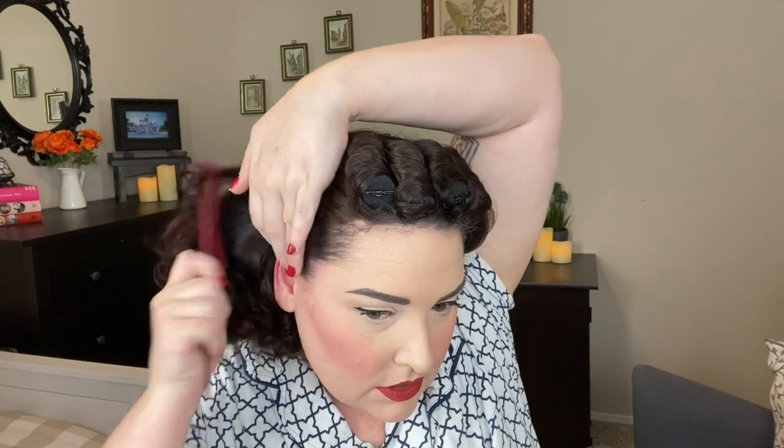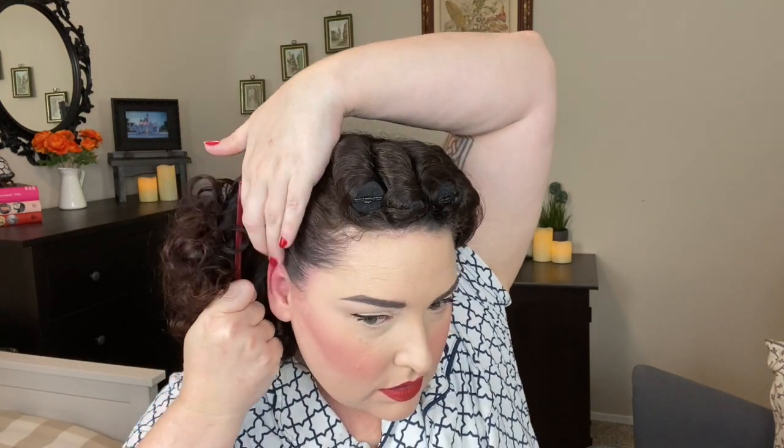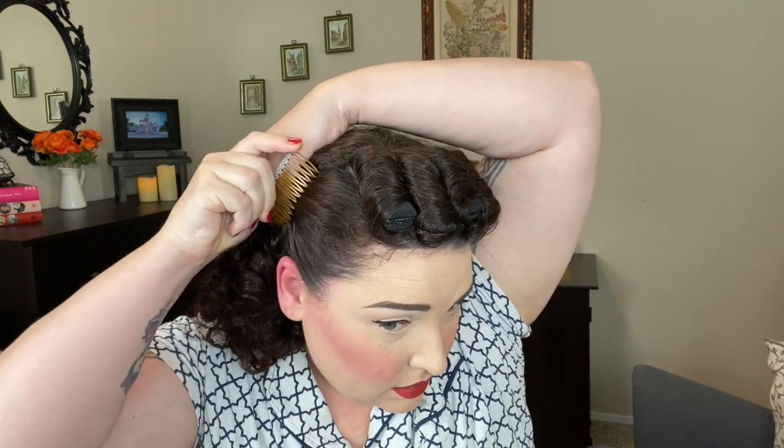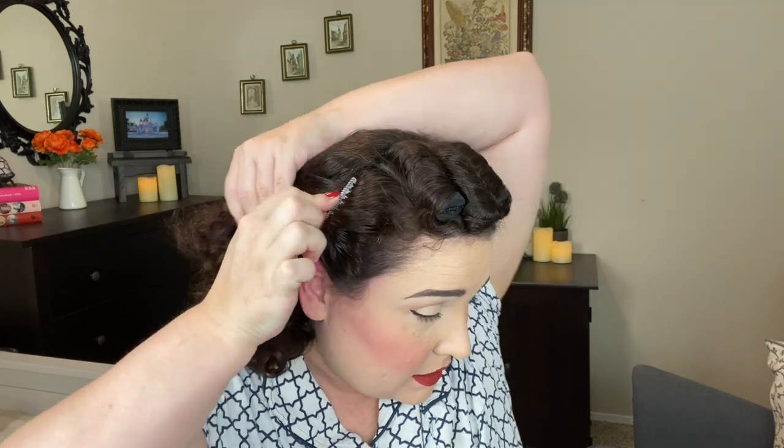So just a little bit of pomade to get some of these little flyaways tucked in, and I'm just going to smooth it out just a little bit because I really like this fluff that is happening. And I'm just gonna slide that right in, right there. So it's not too far back, but it gives a little bit of volume right here